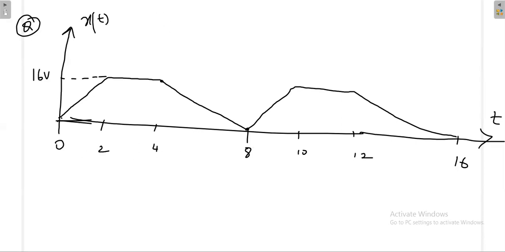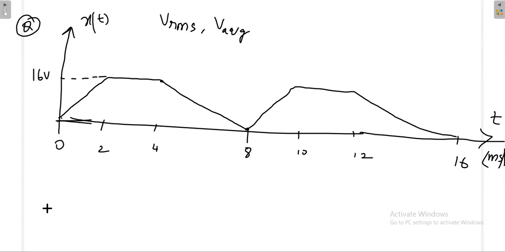Now what is the question? Find out the RMS value and find out the average value. What is the answer finally? You can take either seconds or milliseconds, no problem. Time could be anything, sir. You take millisecond or second or whatever it is. Irrespective of time, you'll get the same answer.